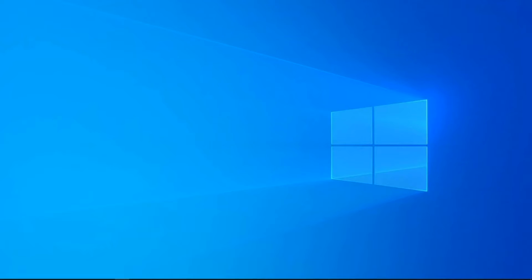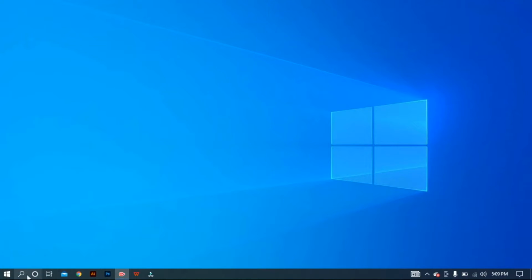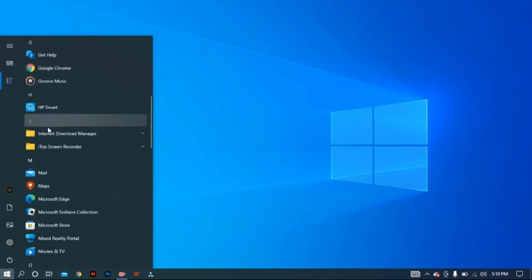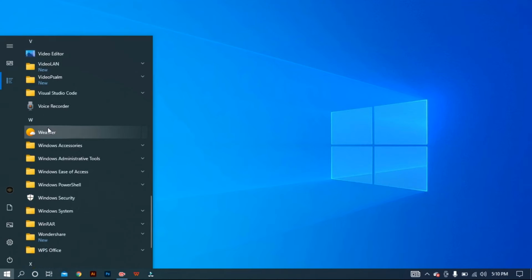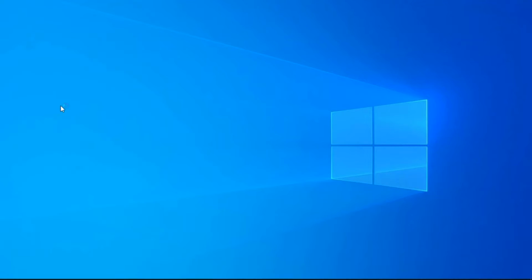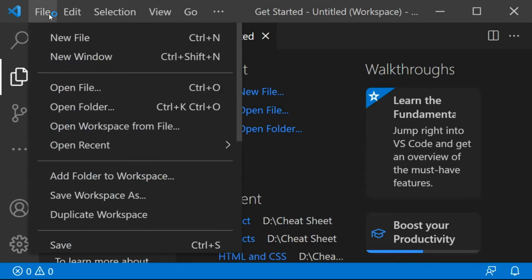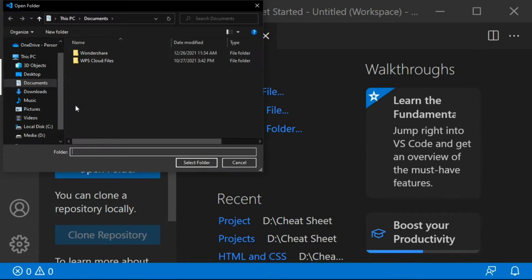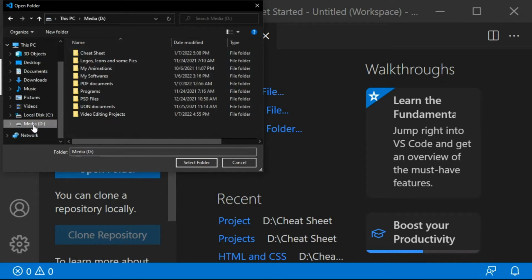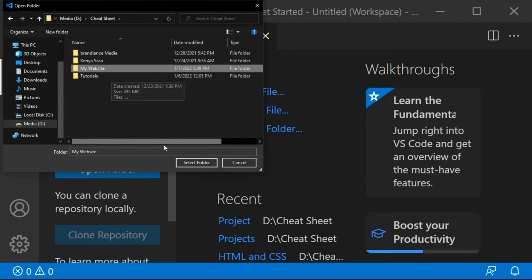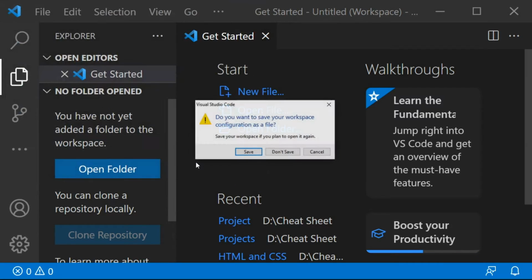And then open your editor. I said that I'm using Visual Studio Code. I always recommend it. So let me just look where it is. Visual Studio Code, here it is. Open it, and then here at the file section, click on File, and then go to Open Folder. Here it is. Then you go to the cheat sheet, and you select my website, the folder that you have named, and then